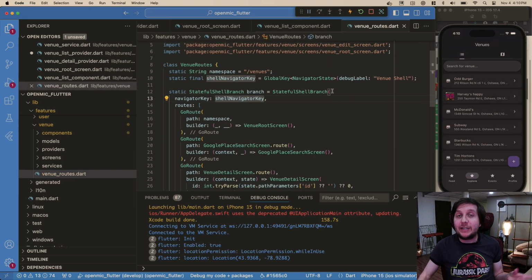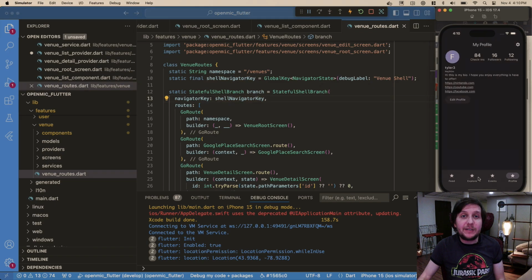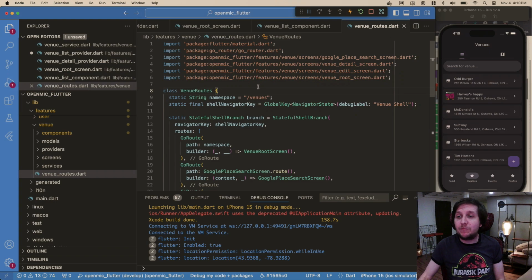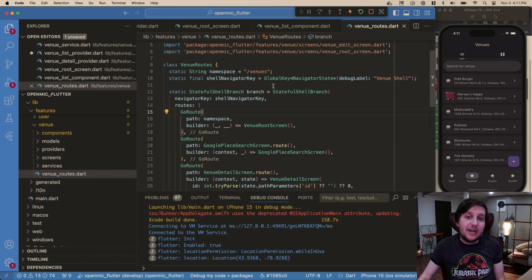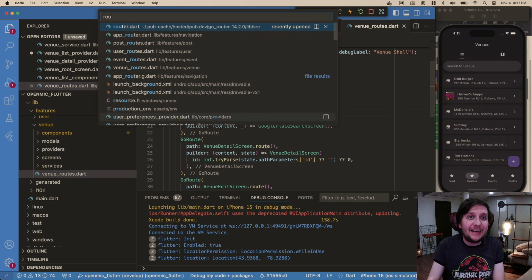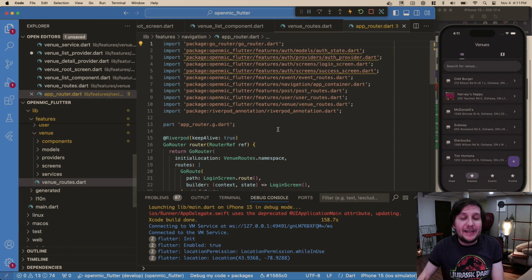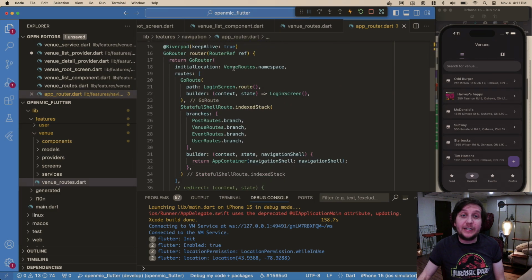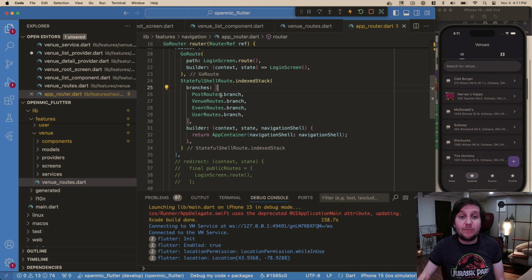We keep the routes, at least for our primary different tabs. They each have these namespace things like the venue routes, and there's one for feed and all that kind of stuff. And we're using Go Router. So we have a router, app router, I think it's called. And this is just all of our routes, and it actually just points to these different branches essentially, which is what I was just showing you.